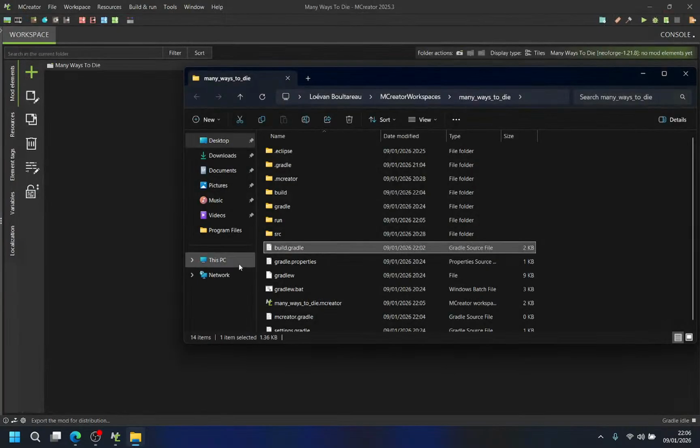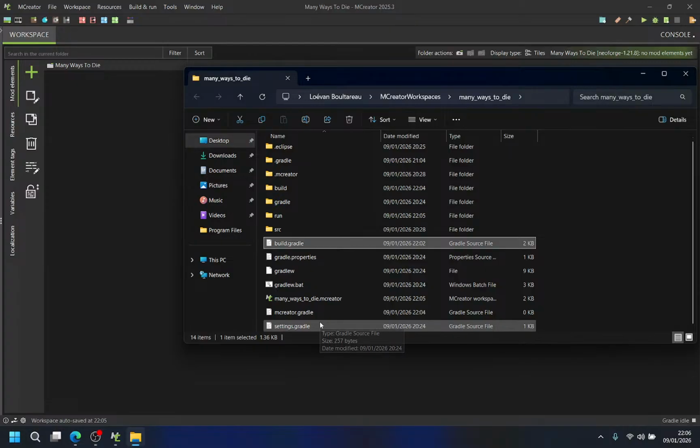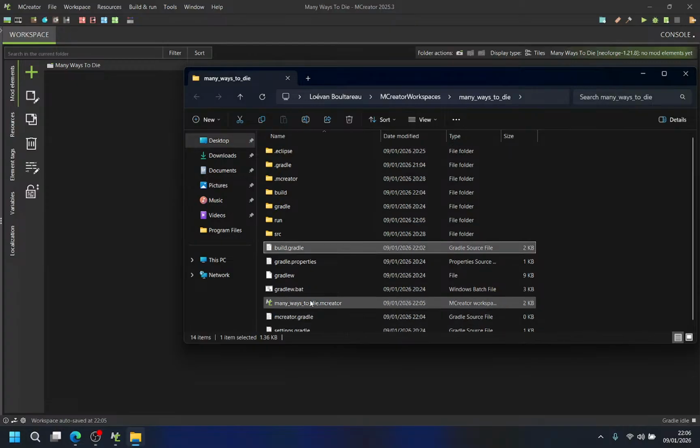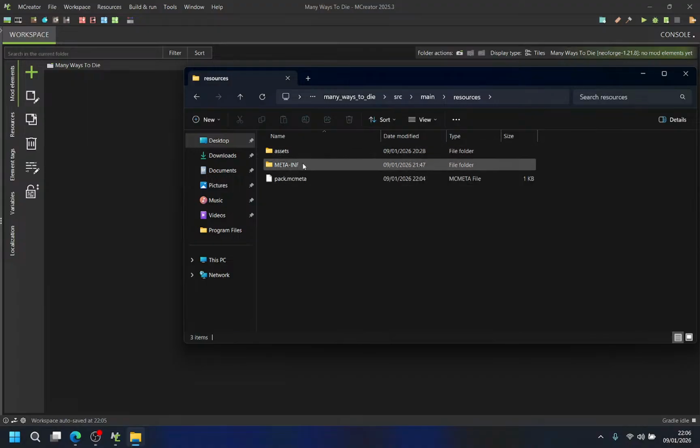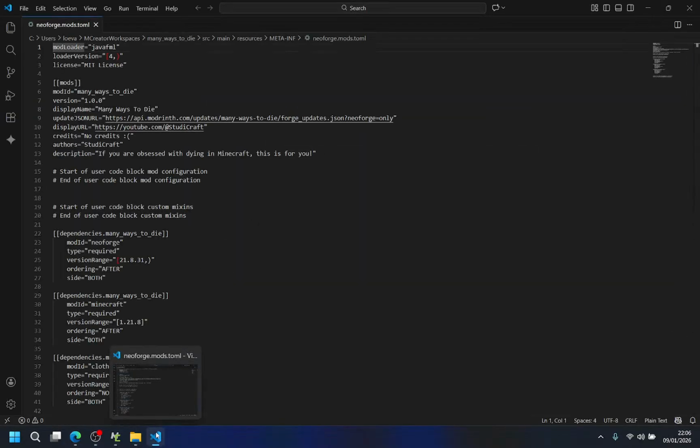Wait, no, it's not this. It's mod.toml, right? Where's mod.toml? Is it in source? Resources? Meta inf. Is it this? It is. I'm so good. Okay, yeah. Update dependencies and hopefully it does work.